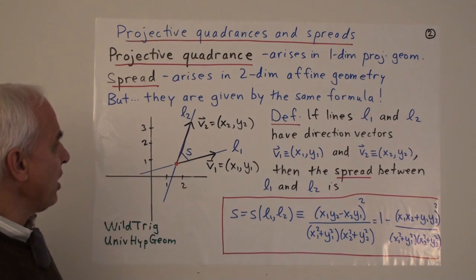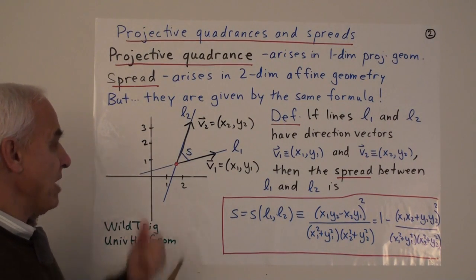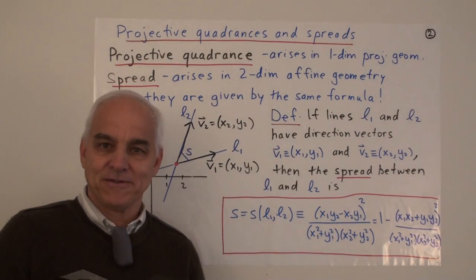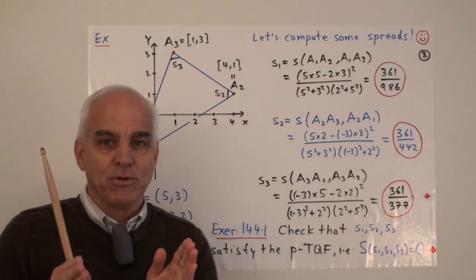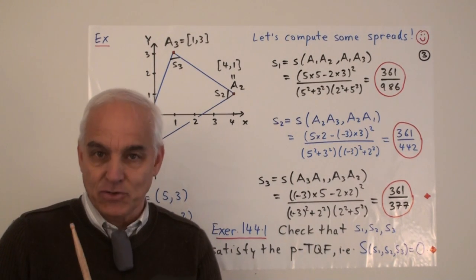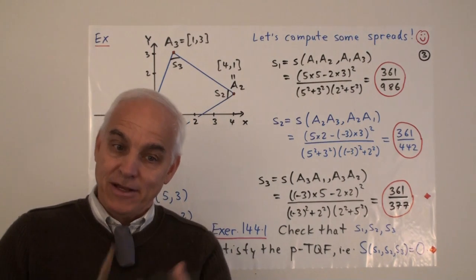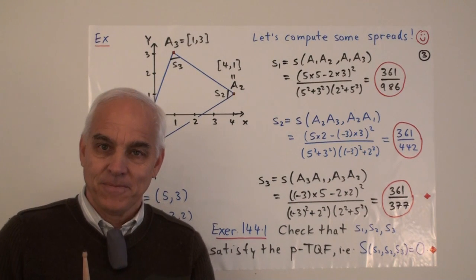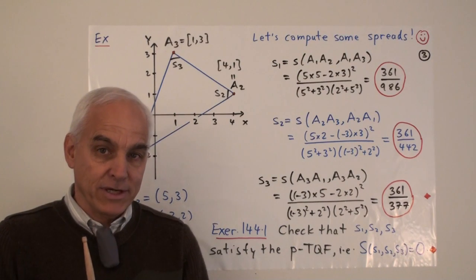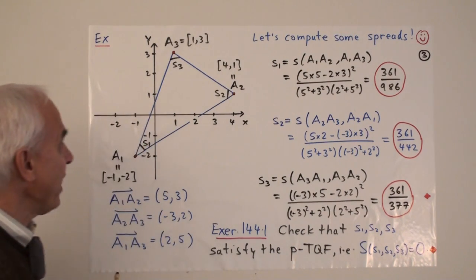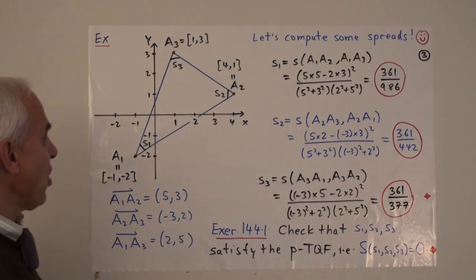Okay, so very fundamental concept, and we'd like to know, how do we measure a spread between two lines in practice? In mathematics, if we have a fundamental concept, we want to be able to exhibit examples that illustrate that concept, and make computations that illustrate it. Examples and computations are the core underpinnings of mathematical theories. So let's have a look at how we can measure some spreads in a very concrete example.